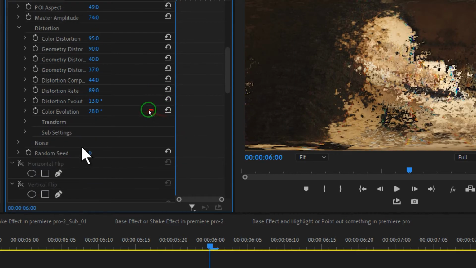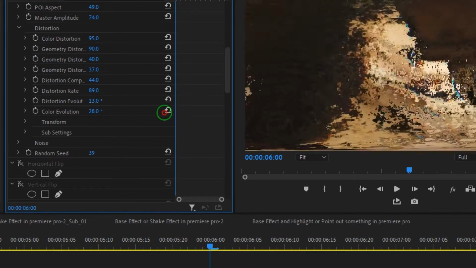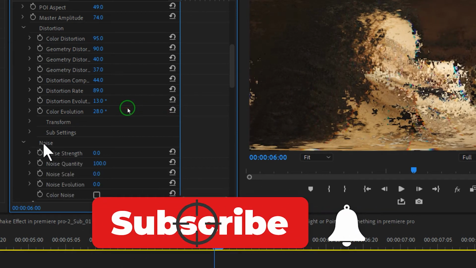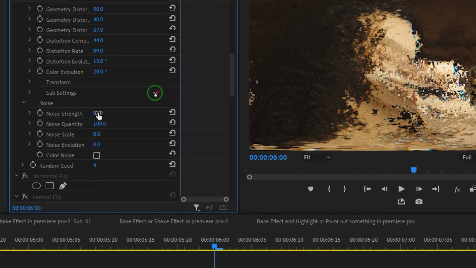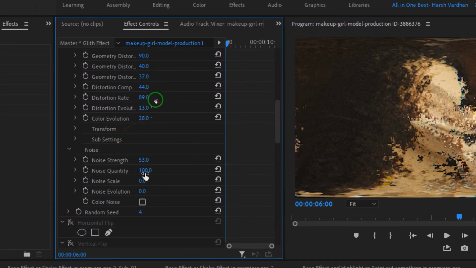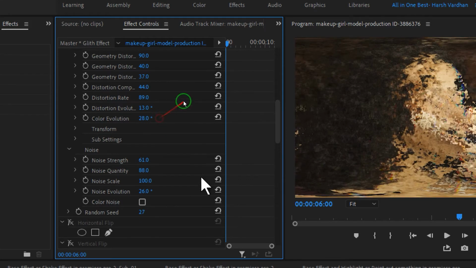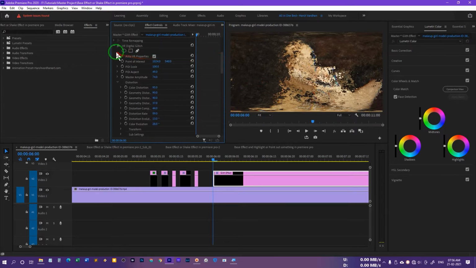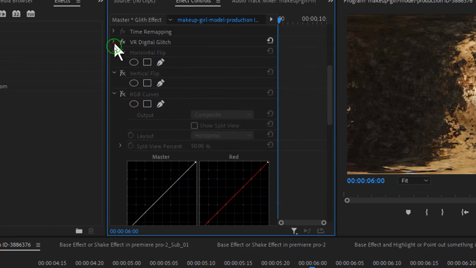And then color evolution, and then we have the random seed option. So if we just do this, it's going to give us a different result. And then we have the noise option. Just click on this arrow, that would open up more options, and you can just play with the noise strength. So that's going to introduce lots of noise, and noise quantity, and noise scale, noise evolution. So you can play with any of these settings, and random seeds, something like this, and you will get the result something like this. All right, and then we'll just click on this arrow to turn this off,